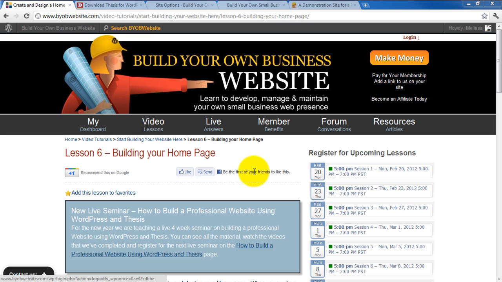Third, it is very highly customizable. Thesis gives you complete control over the appearance of your site. Literally, with the check of a box and a click of a button, you can change colors, fonts, and even the layout of your site. And when you couple that power with some of our BYOB Thesis plugins, you can make Thesis do virtually anything